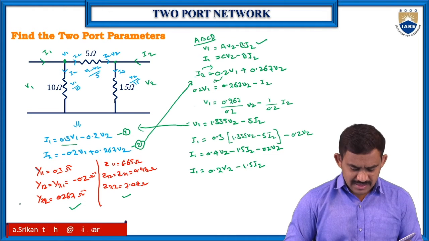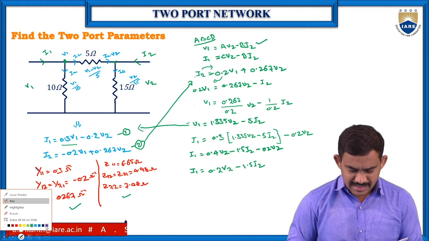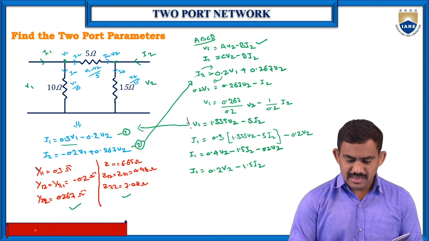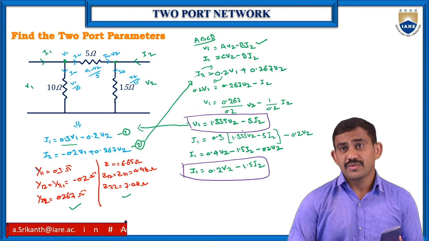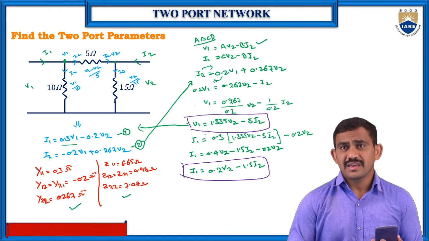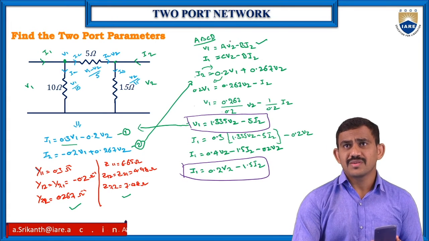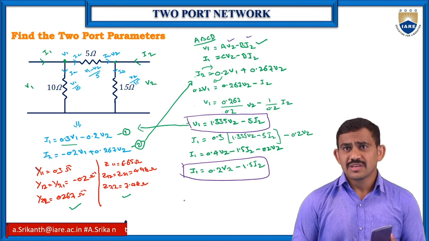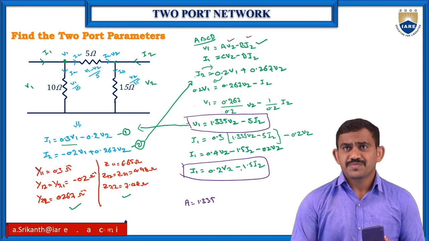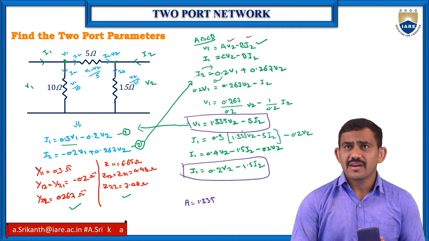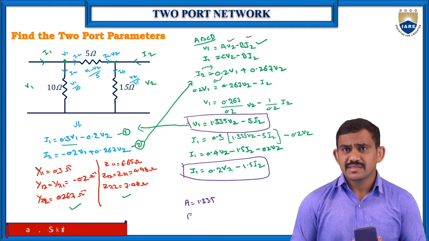Done. So just compare both two equations, we'll get the answer. This is equation number 1, and this is equation number 2. V1 and V2 in form of V2, I2, and V1, I1 in form of V2 and I2. Now compare both equations. So A value is 1.335, and we have the B value. Here also we have a minus. So B value is 5, and C value is 0.2, and D value is